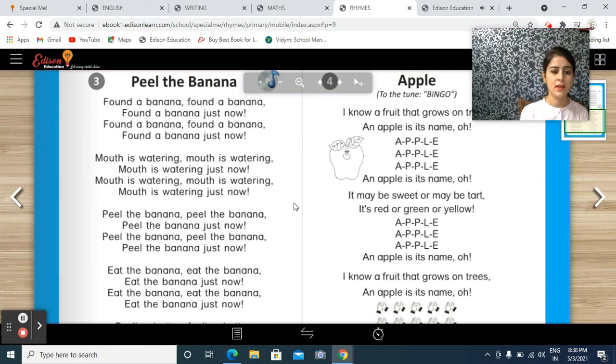Found a banana, found a banana just now. Mouth is watering, mouth is watering just now.